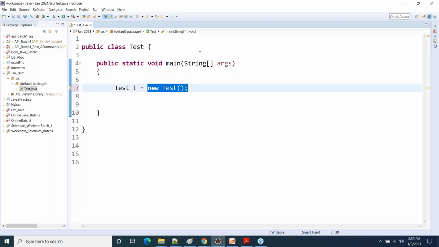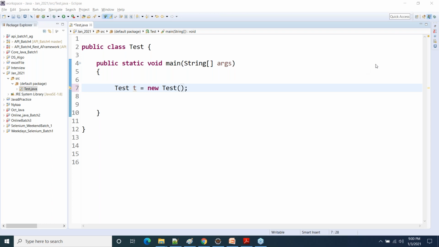Now Arvina is asking about test parenthesis. This should be the class name for creating the object. Can we have same names for objects? Gaurav and Arvina, I am unmuting you guys. Please ask your doubts one by one. Just a minute, because it is taking huge time. Arvina, unmute yourself and ask your doubt.